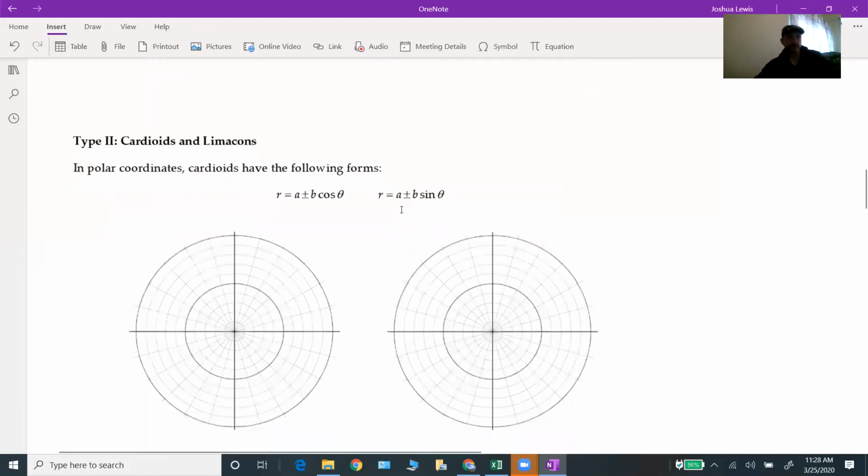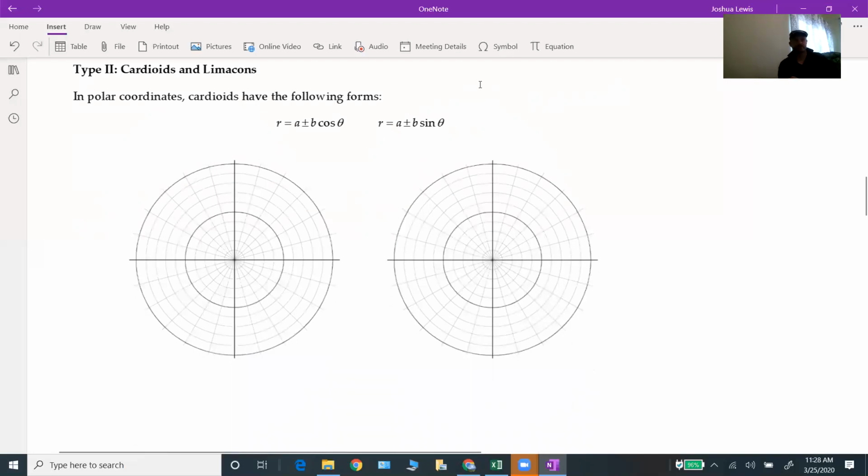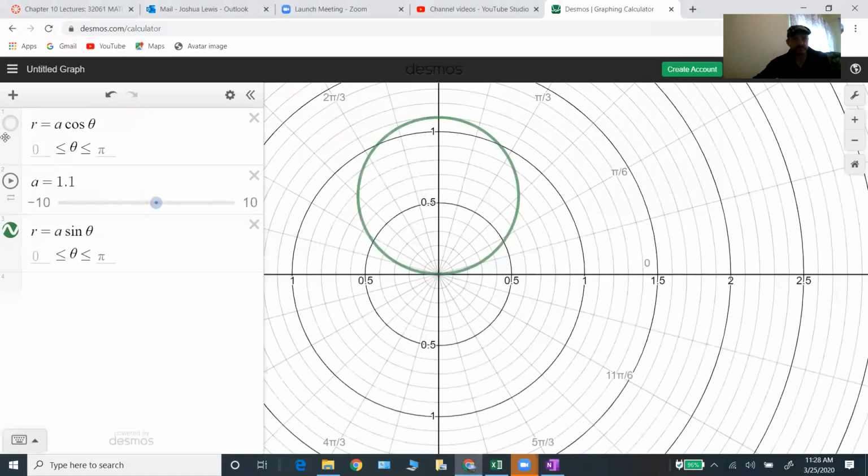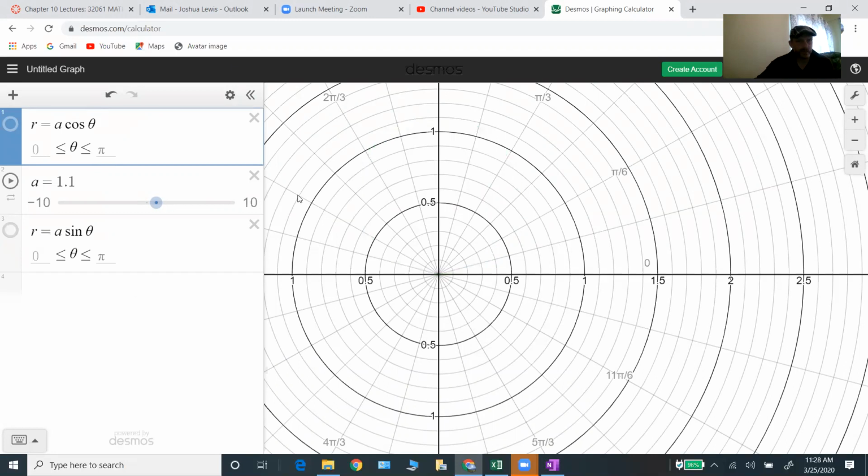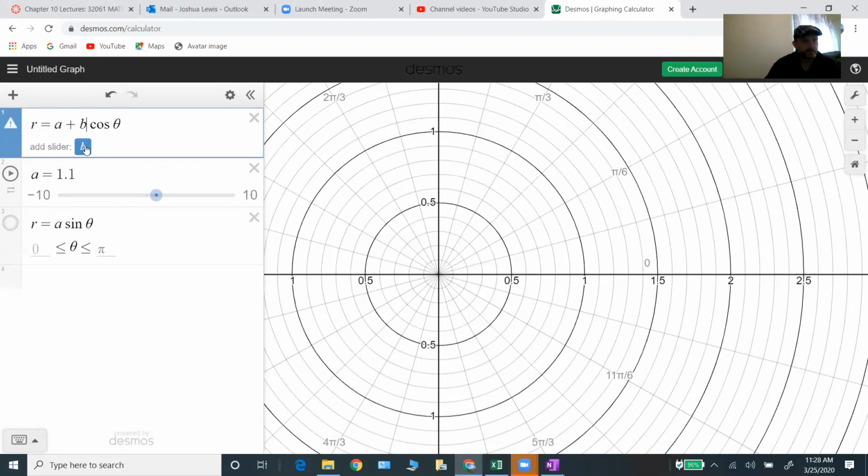There are also things called cardioids and limaçons. And so those have this form, a plus or minus b cosine theta, or a plus or minus b sine theta. So let's investigate which is which. Cardioid, of course, is the same root word as cardiac or heart. So let's look at Desmos here. And I'm going to, again, play around with these. But let's add a slider b,